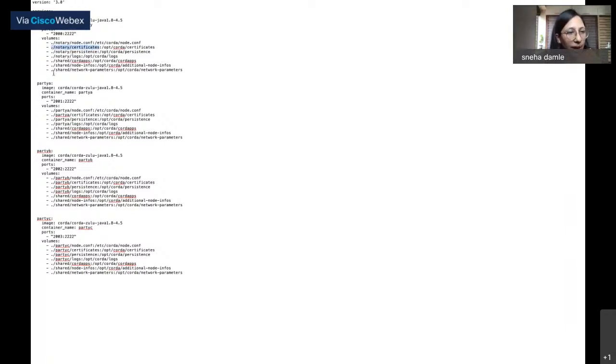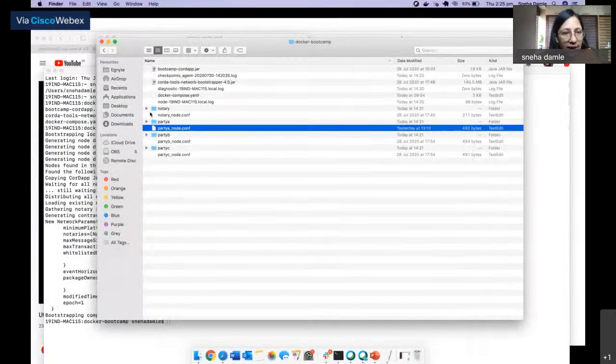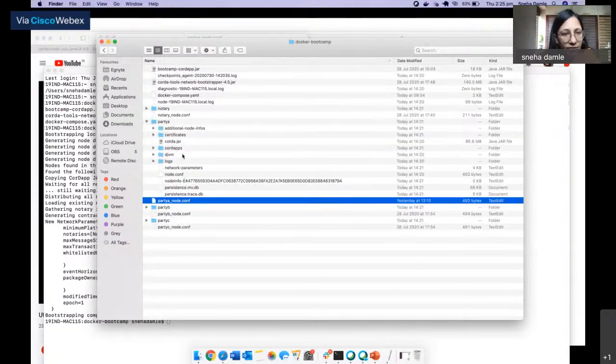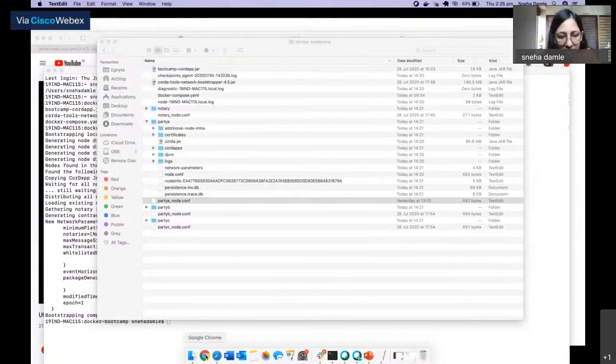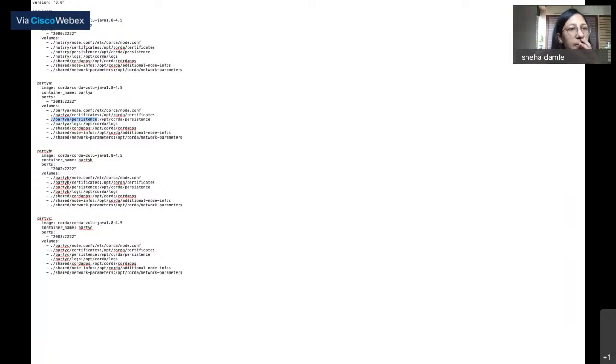So Party A persistence will be mapped to opt/corda/persistence, and the notary logs will be mapped to opt/corda/logs. Whatever folders we've generated, we are simply mounting onto the directories which have been created within the image.